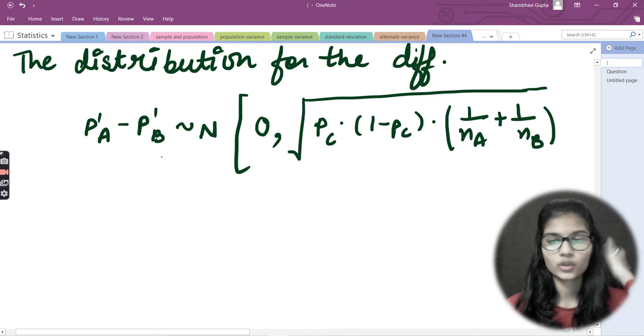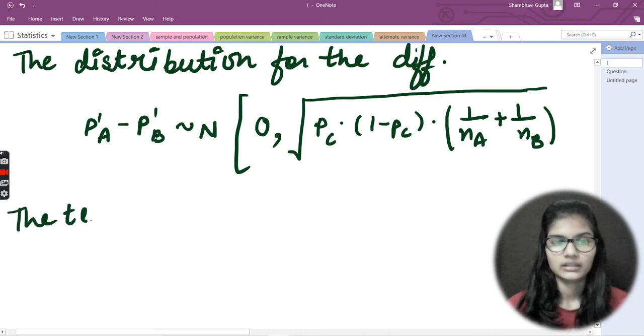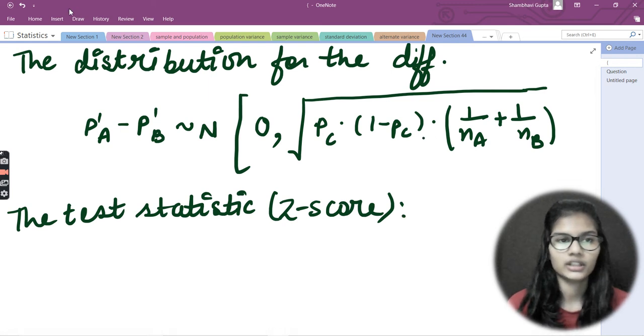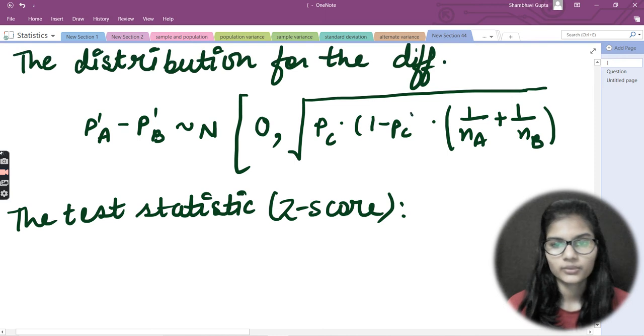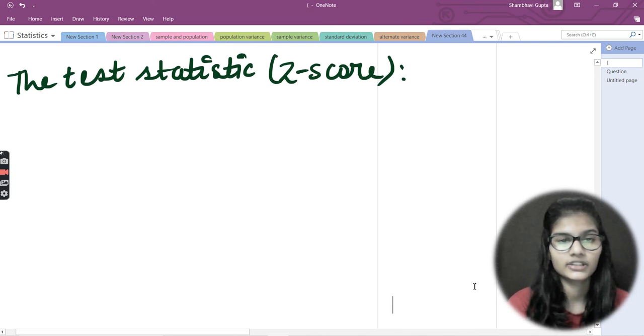Now, let me come down to a new place right here. Now we have the test statistic, the Z score. Let me put the colon here, and remove this dot which was put by mistake. Now let's take the same color and put my bracket like this. Now let's come down and put the formula for the test statistic, that is the Z score.